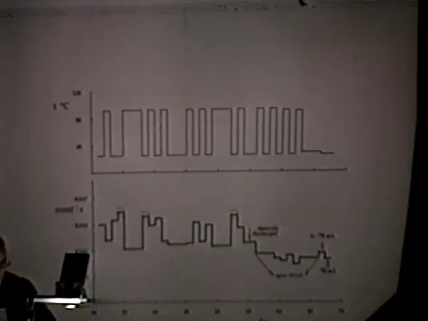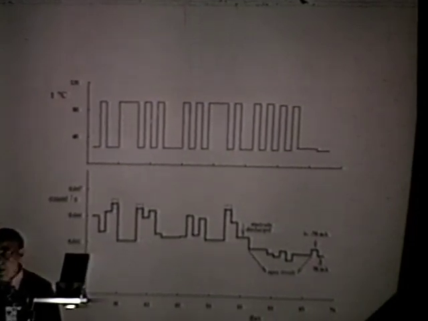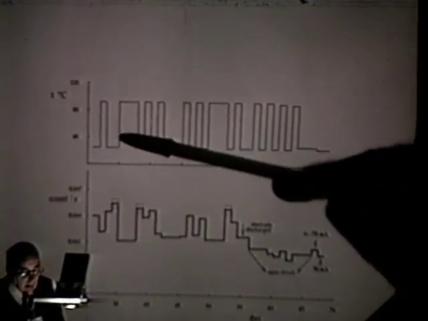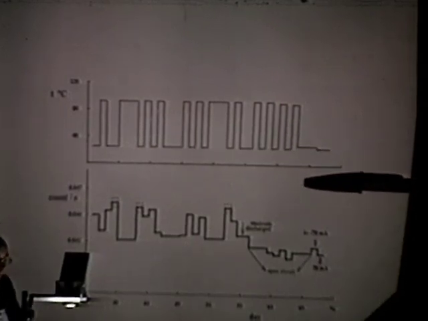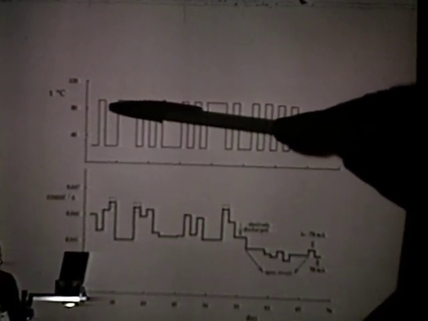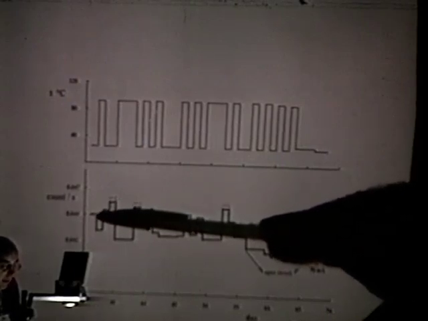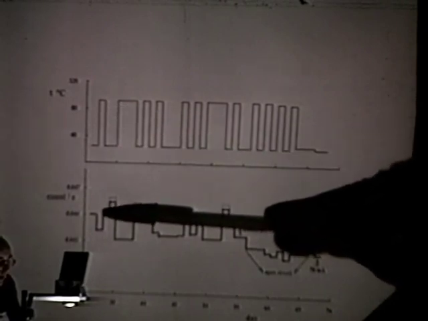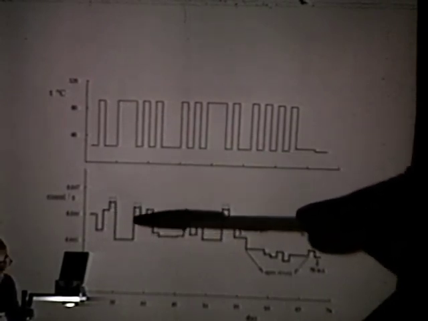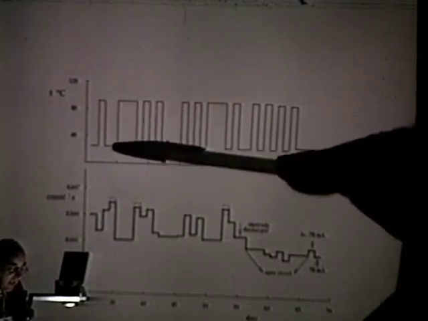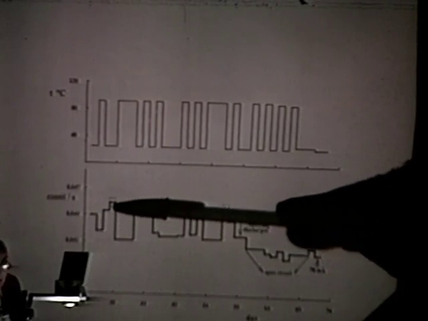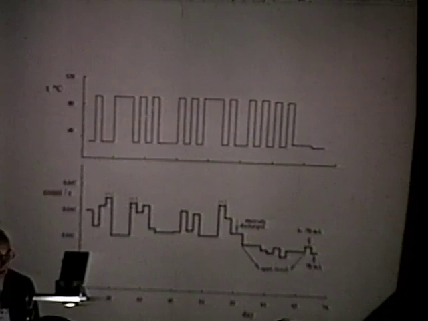Another way to see the emission of neutrons is to apply thermal perturbation to the cell. On the upper side of this figure, I'm reporting the temperature change which were applied to the cell. We see that from this frequency, as the temperature was increased, we had a decrease of the neutron frequency. As the temperature was decreased, the frequency was coming back to the original level, which means that before applying the temperature perturbation, indeed the cell